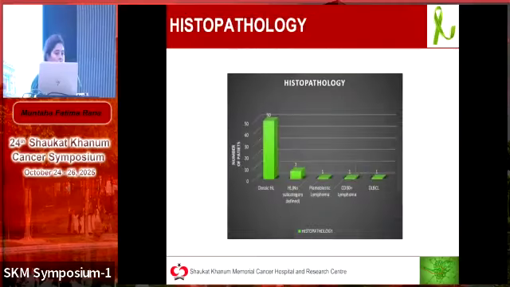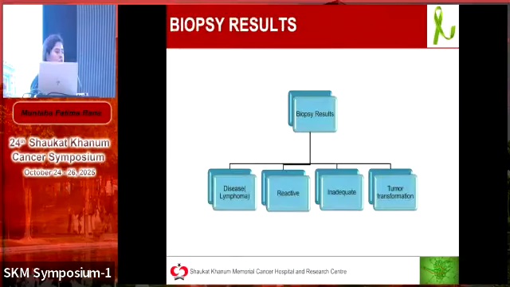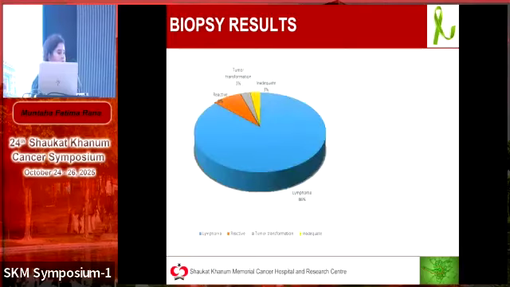Based on histopathology, classic Hodgkin lymphoma was the most common subtype, and the biopsy results were classified into 4 categories. 86% of the biopsies were positive without any change in type of lymphoma, and 8% of the biopsies turned out to be reactive. 3% of the biopsies showed tumor transformation into another type of cancer, and 3% of the biopsies were inadequate, requiring the patient to go through an additional